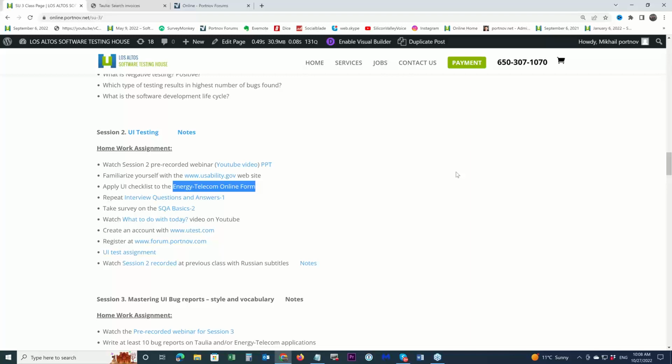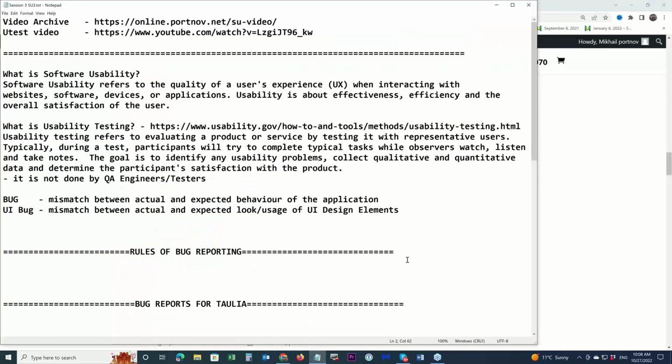So today we are focused completely on writing bug reports, and we will discuss certain rules of bug reporting. And the way we're going to do that is we just look at your bug reports and we say, okay, that is good and that is something which might be done better. And here are the rules of bug reporting. So let's go to our notes and see what we've got.